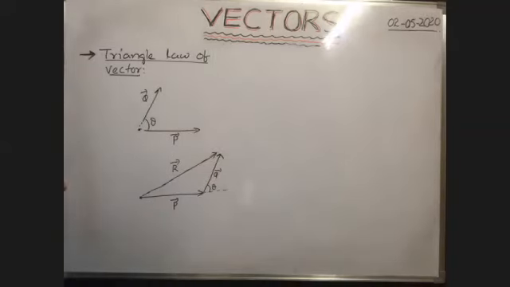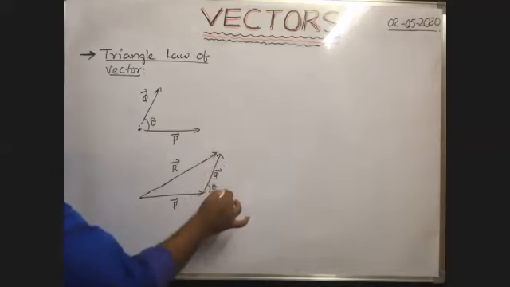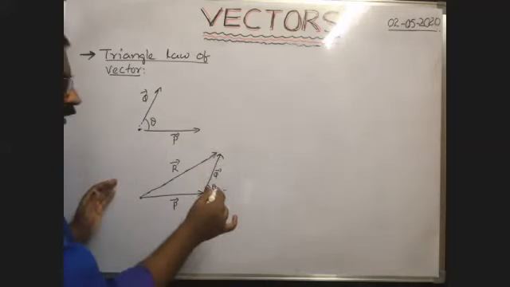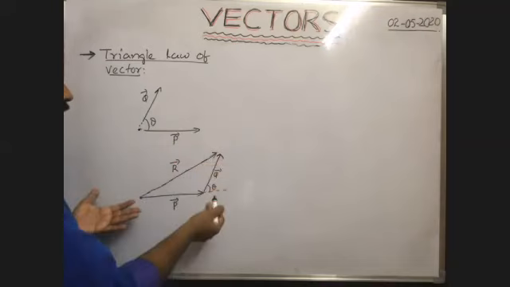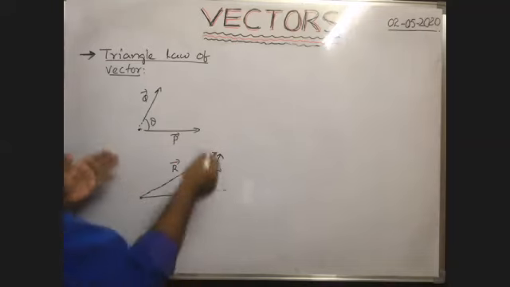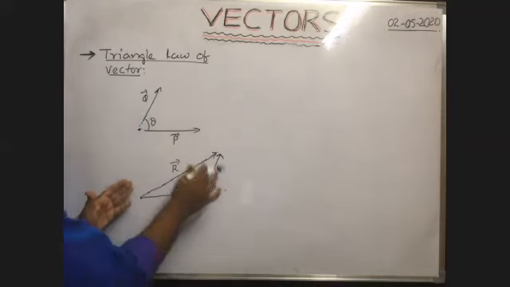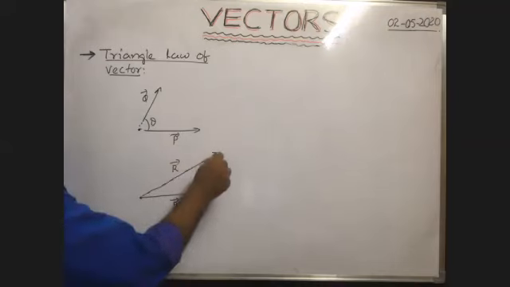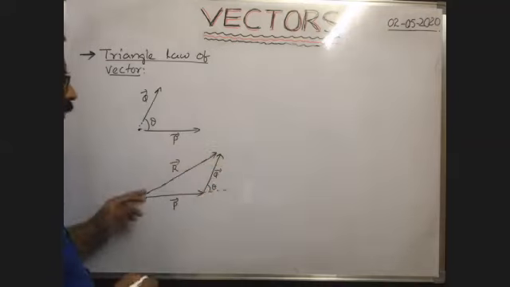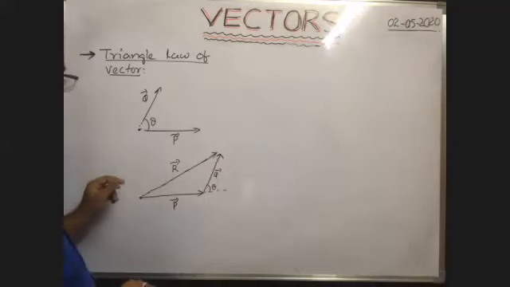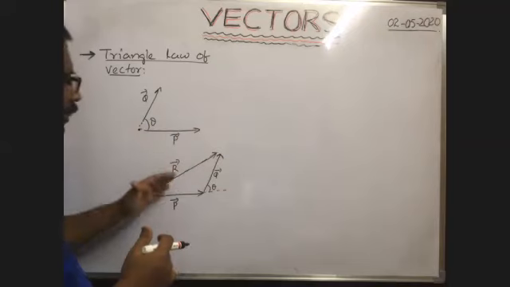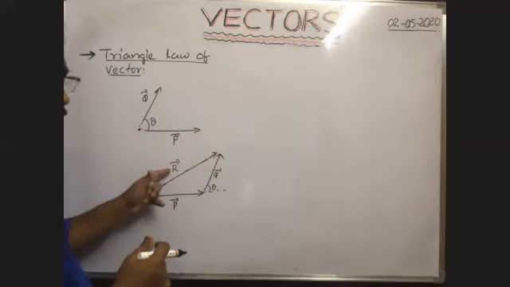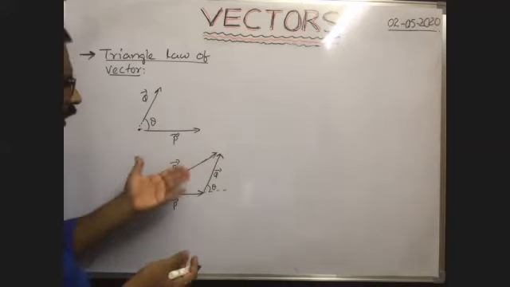Similarly, from this point you draw a perpendicular line. In the parallelogram law of vector addition, we derived the formula for the magnitude of the resultant. Here also, the same formula you will get. By drawing the vertical line you will get a right angle triangle. Yesterday we calculated the formula for the magnitude of the resultant. The diagram is also the same, no? That's why you'll get the same value.